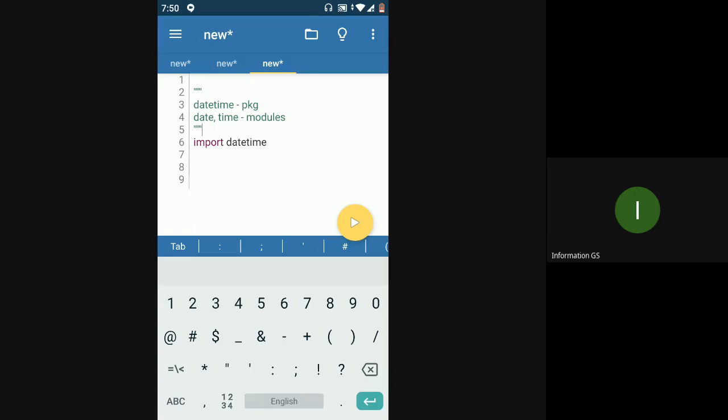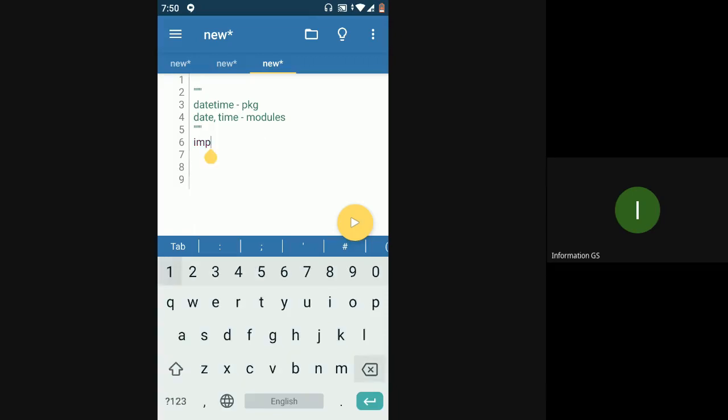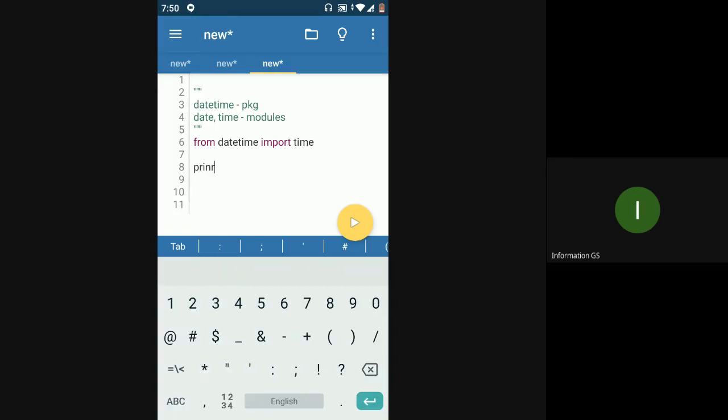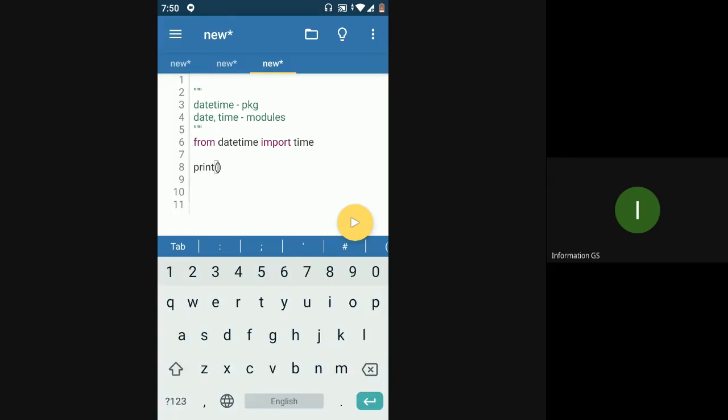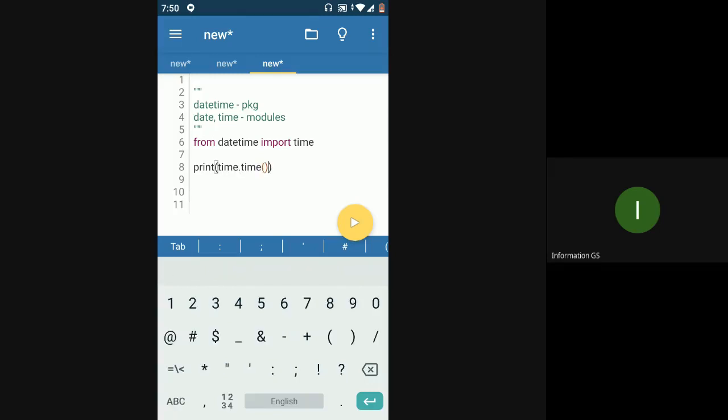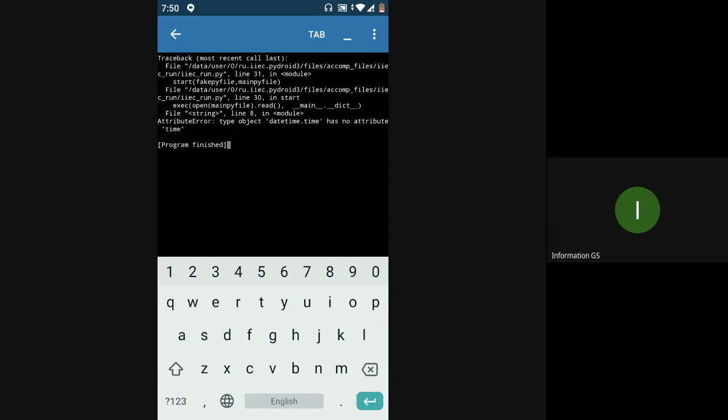So let's say from datetime import time. If I want to print the current time, this would be mostly in milliseconds, so you won't be able to understand it just by seeing it.